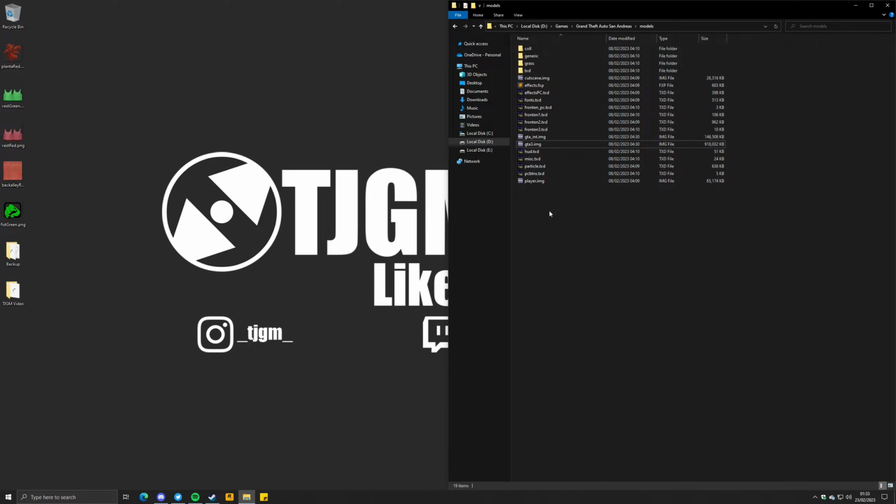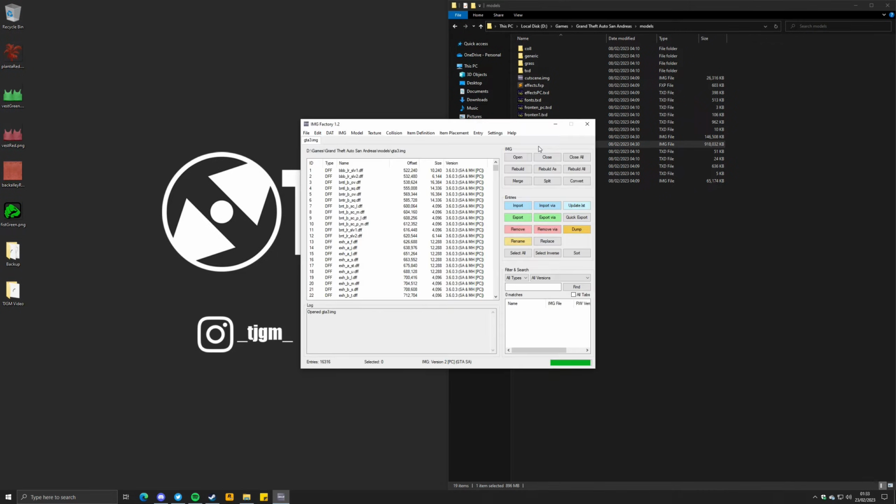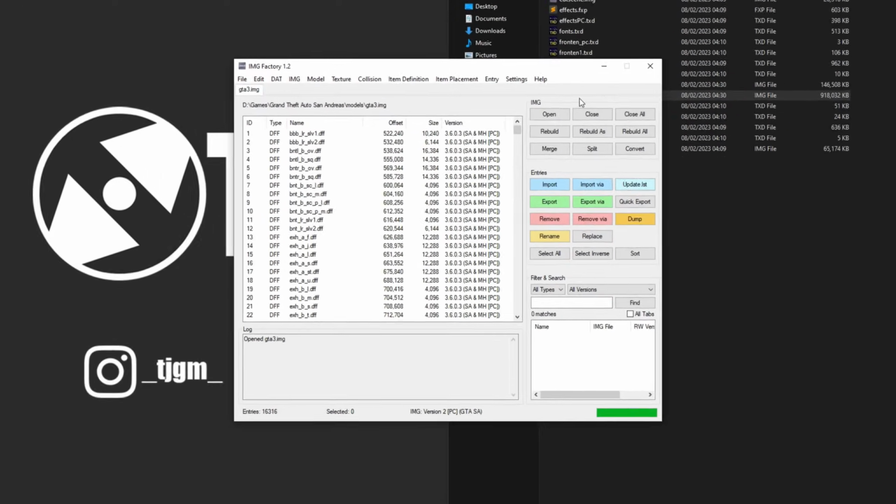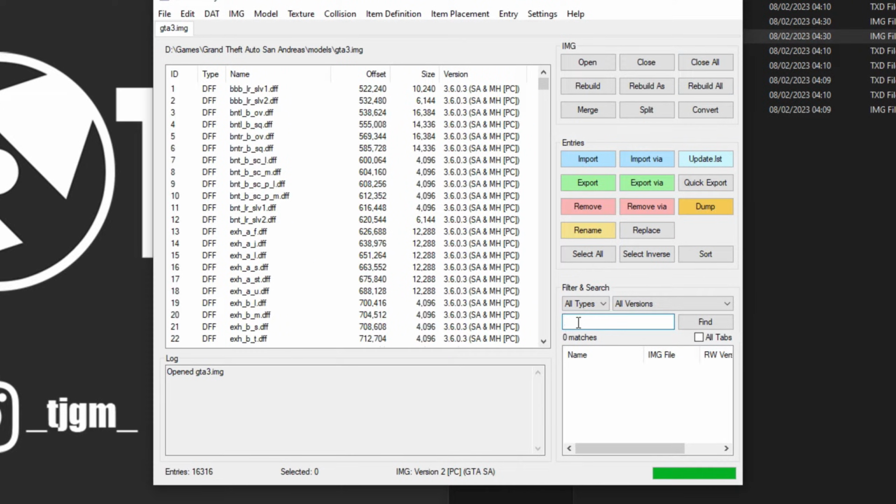Step 11. Open GTA3.img in the Models folder with IMG Factory. It might take a second to open as it's a big archive. Step 12. Once open, go to the search box in the bottom right and type jeffers4_lae.txt.